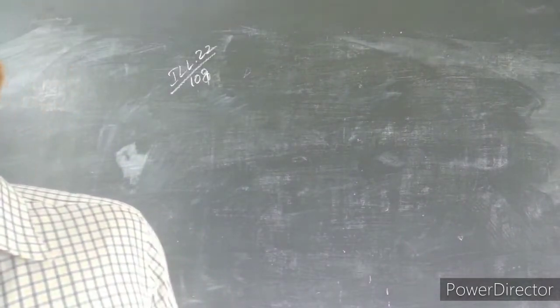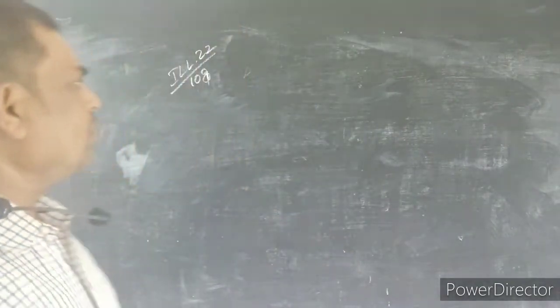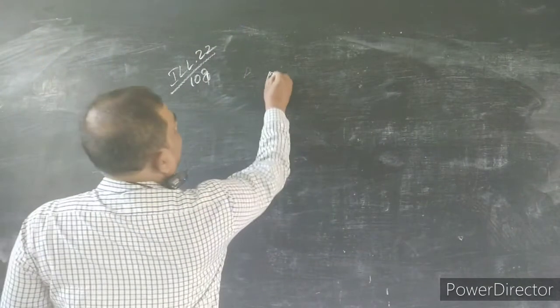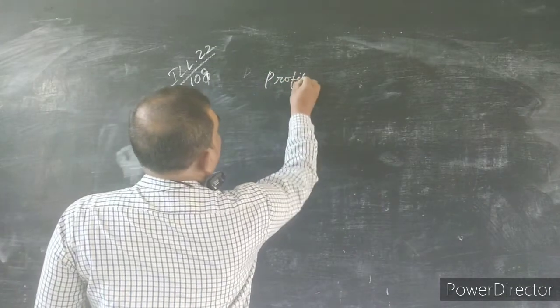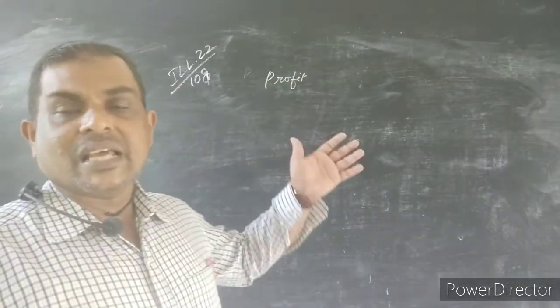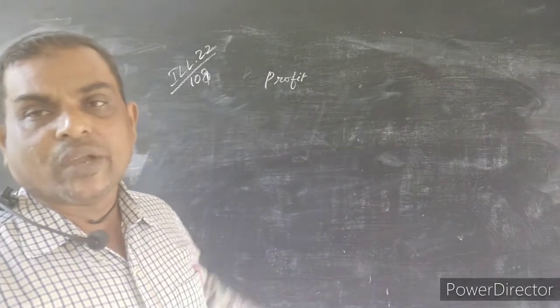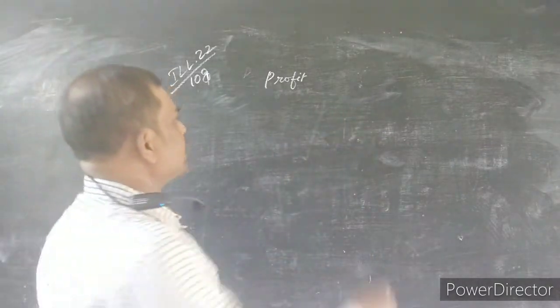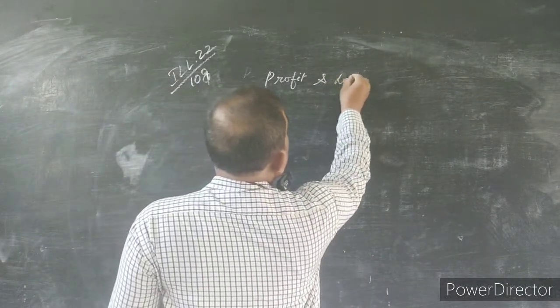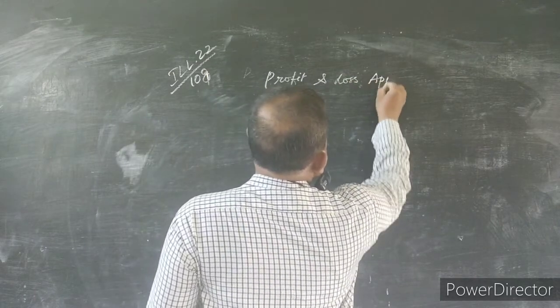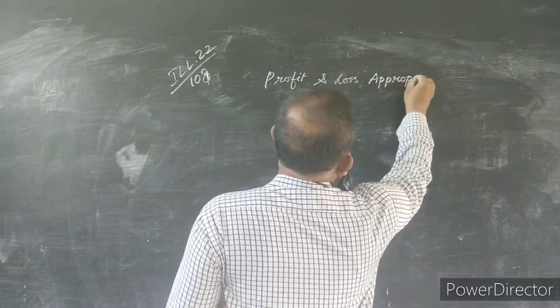So very simple. Here all the details he has given clearly. Now we have to prepare only the profit and loss appropriation account. The profit and loss appropriation account is a ledger, so you have to prepare it in double-sided format, as in an accounting sheet. Profit and loss appropriation account